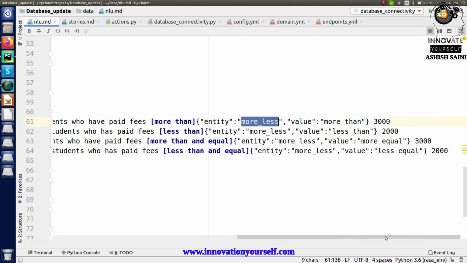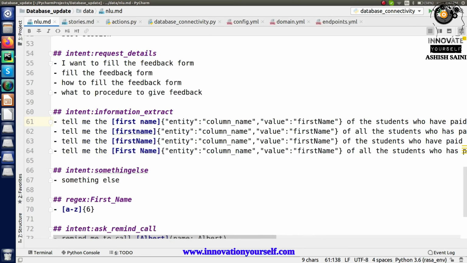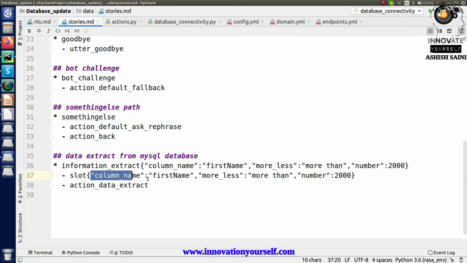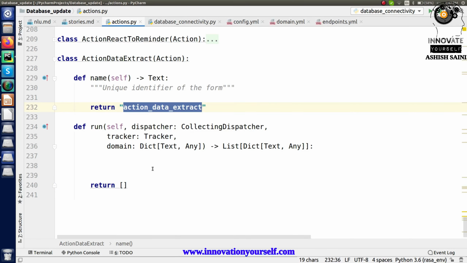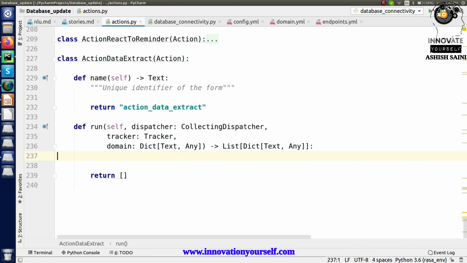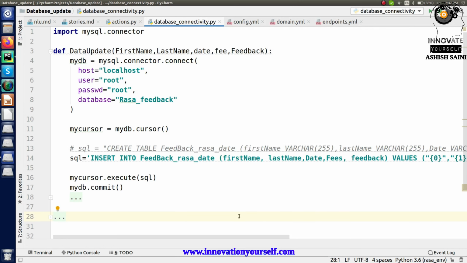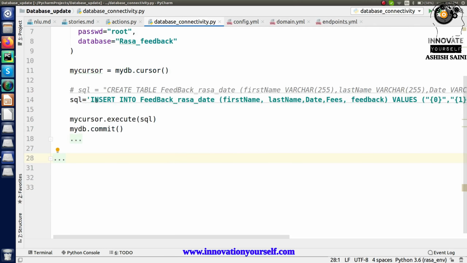So this is what I'm having right now, and I have added everything over here. Now when you know that you have the data filled inside the slots, we can directly use the complete information over here, right? So this is how I'm going to do it. Just go to the actions, and one more thing is left over here, and that information will be coming from this database, because right now, as you can see, this is the program which I have written in the last session, where I have shown you how you can insert the data into the database, right? So this is all I have done, but this time we are not going to store the data. Instead, we are going to just collect that information, right? So this is all that I'm going to do.